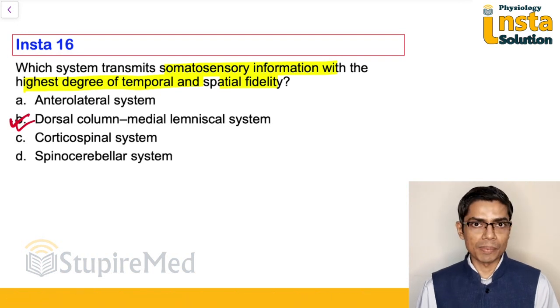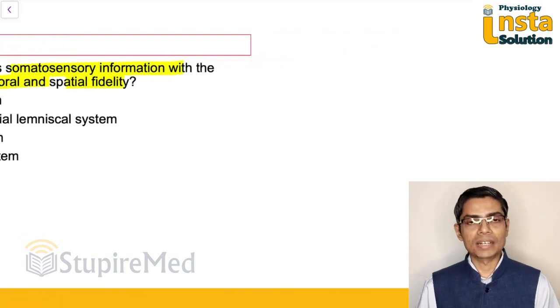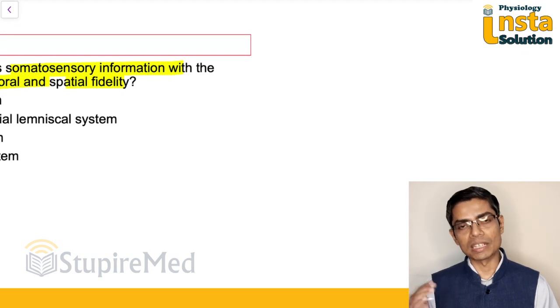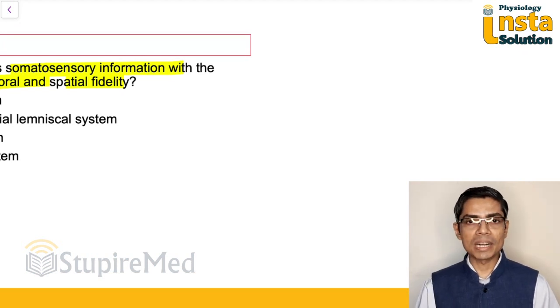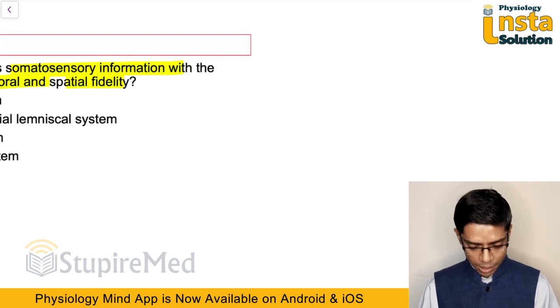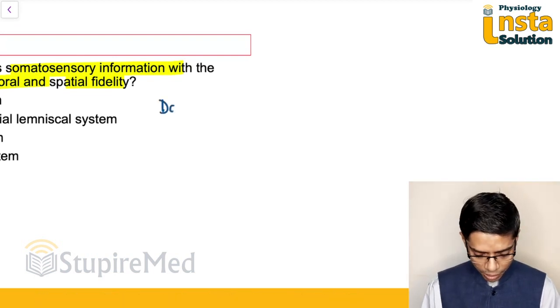So what is the question about? We all know that whenever information is carried from the peripheral sensory receptor to the central nervous system, or up to the level of the cerebral cortex, there are multiple relay stations, in the spinal cord, at the level of the thalamus, and maybe at the level of the medulla also. So if you think of the dorsal column pathway,